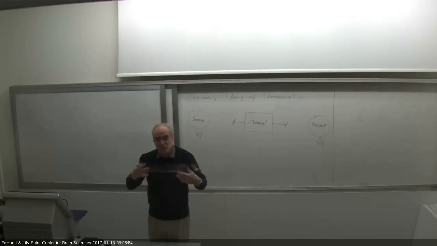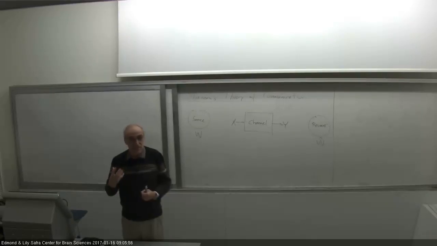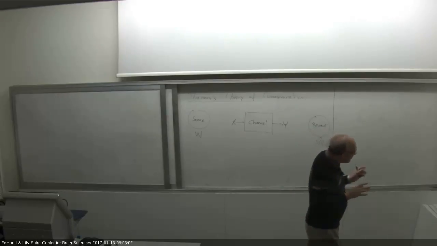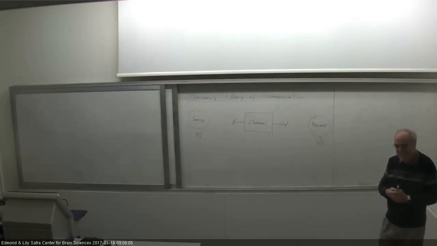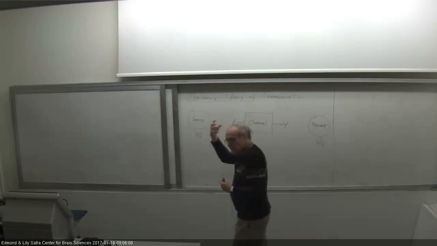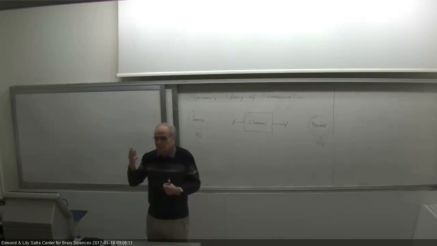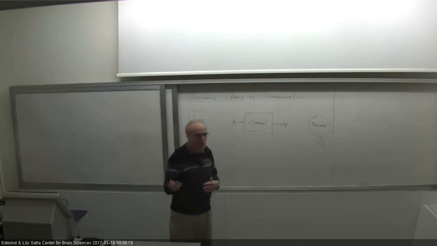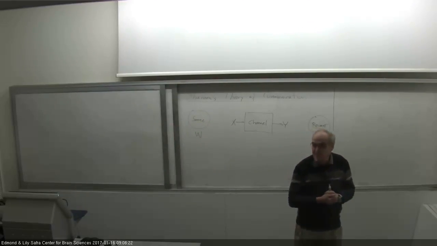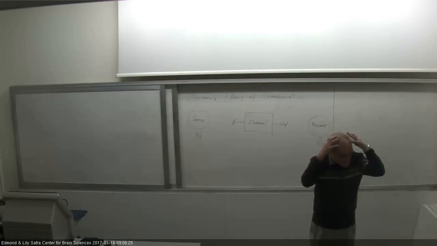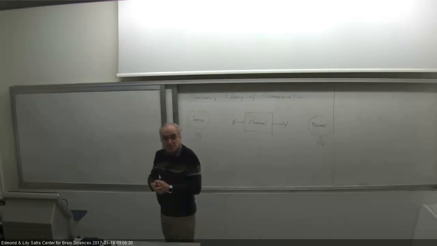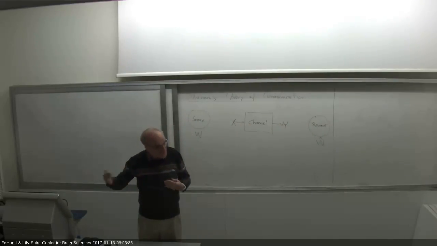Now, I was already hinting to many of you, we have a similar problem when we think about the brain, at least in my maybe not so popular view of the brain. There's a mess of neurons and biology and chemistry and electronics inside our brain, which is very complicated, and it's made out of cells and synapses and neurotransmitters. A lot of details, but eventually this whole box is doing something which is simpler in a way in terms of what's coming in and what's going out. So this